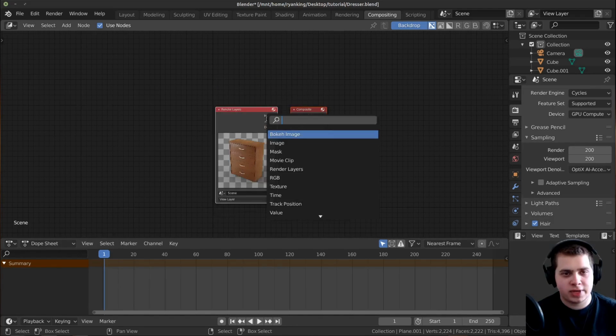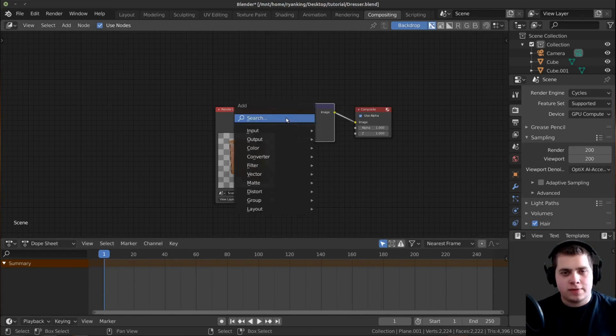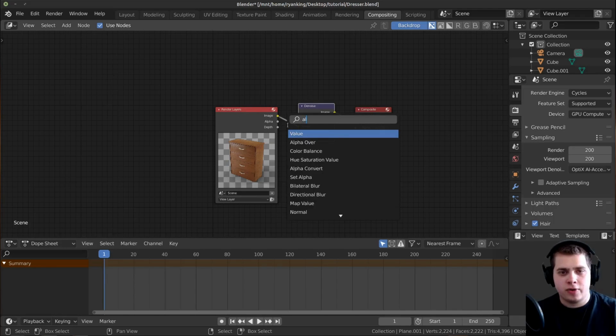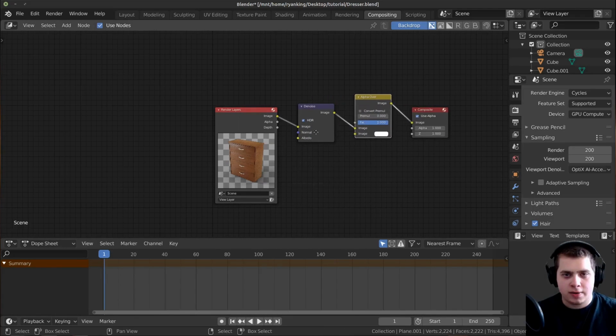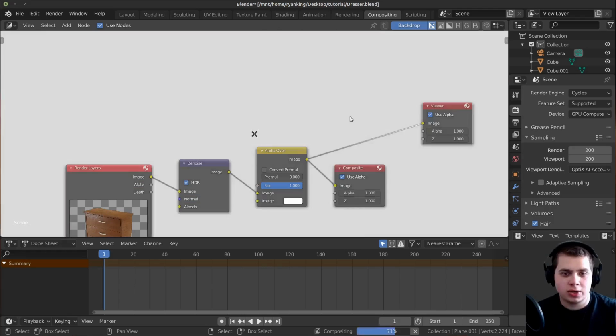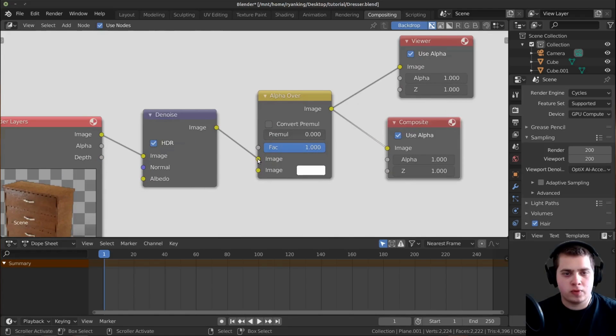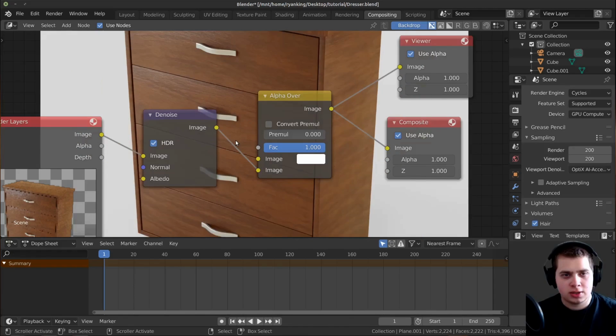I'm going to press Shift A, I'm going to add the denoise node, drop the denoise node in there, and then I'm going to press Shift A, and I'm going to add an alpha over node, so I'll just drop that there. And then I have the Node Wrangler add-on enabled, so I can just press Control, Shift, and click to add a viewer node. You can also just press Shift A and search for a viewer node and drop it in right there. And then I'm going to move this down to the bottom one, and then I'll press V to move the